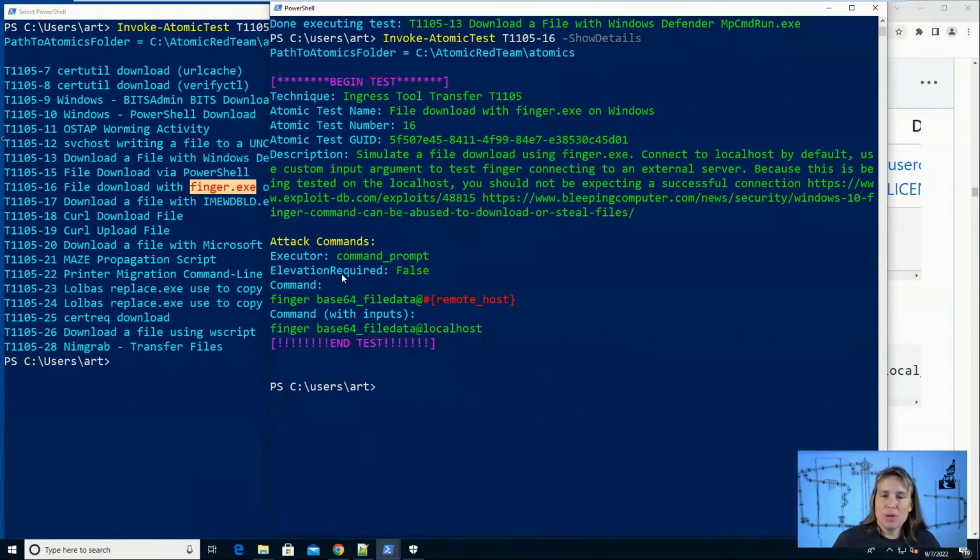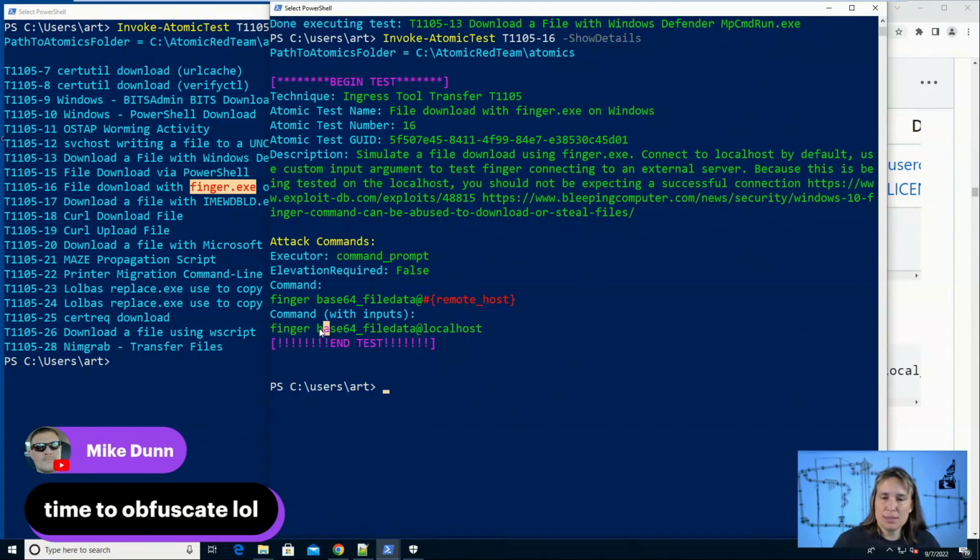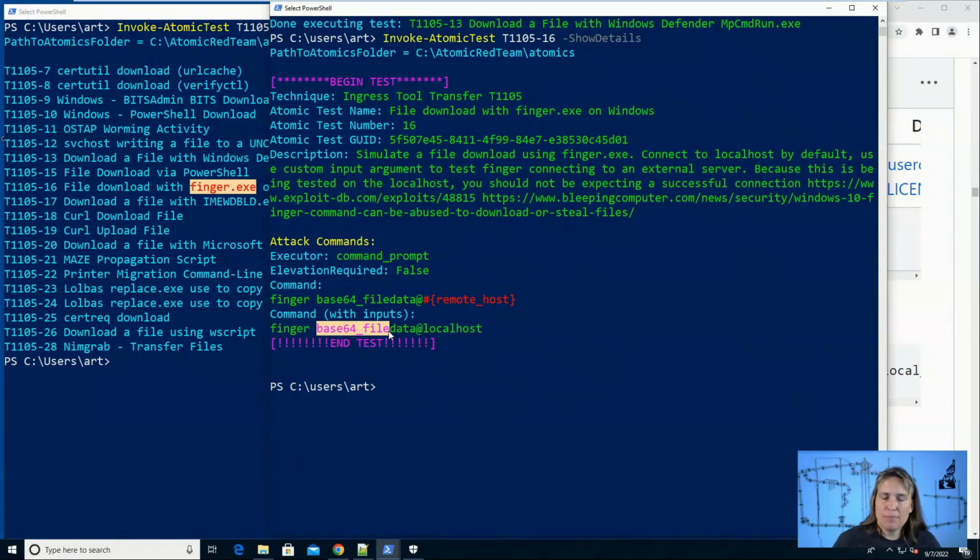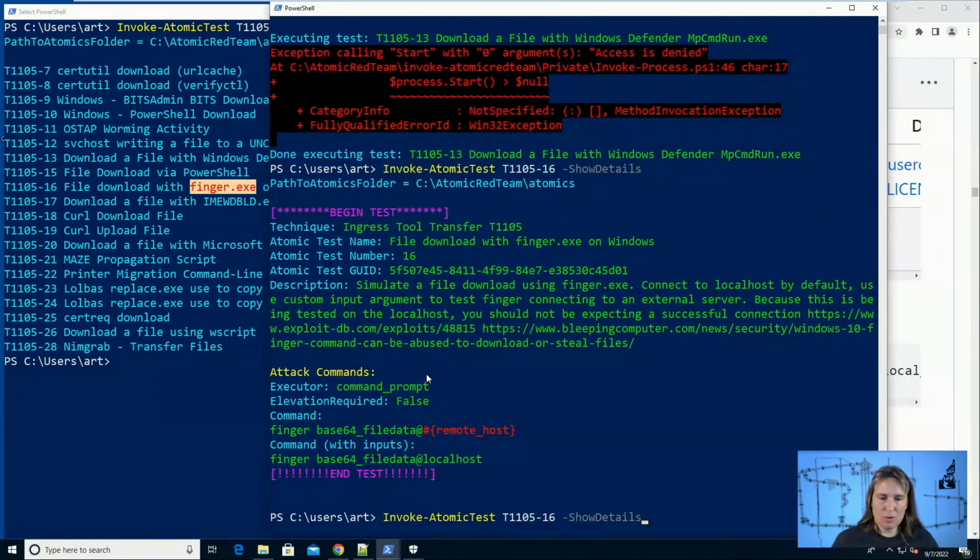So here we have the command is finger, and then the attacker would, this is for, I think, oh, this is a file download using finger. But this looks more like exfil, where you tack on some base64 data and then make a call to a remote host, but the default is just the localhost. Since we don't have localhost listening for that communication from finger, the communication doesn't happen,